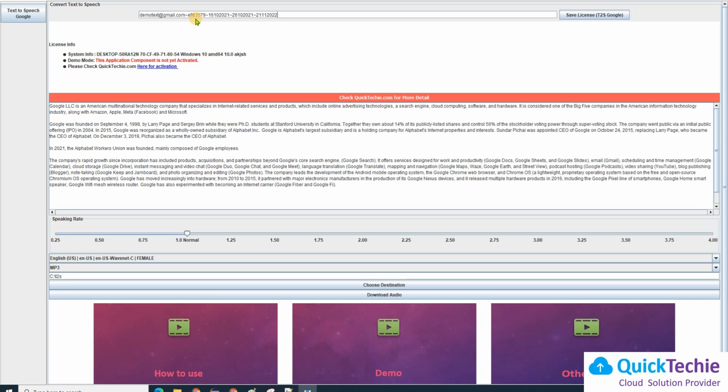Once this is saved, you can save this license and this application will be activated. However, you need to restart this application after saving the license for it to get activated. So simply click on this, and your existing license would be updated. It's like an update of the license, if you want to update an existing license. So you can simply say yes, and this is blank.